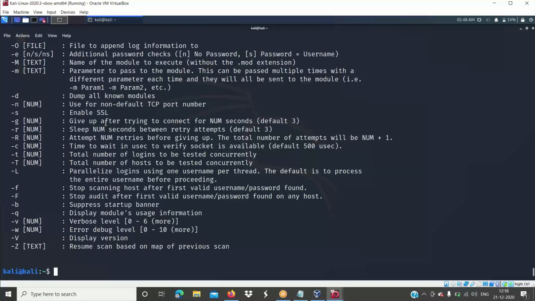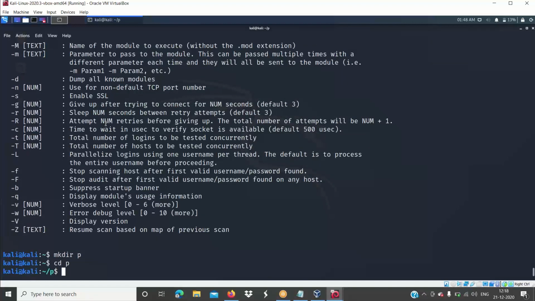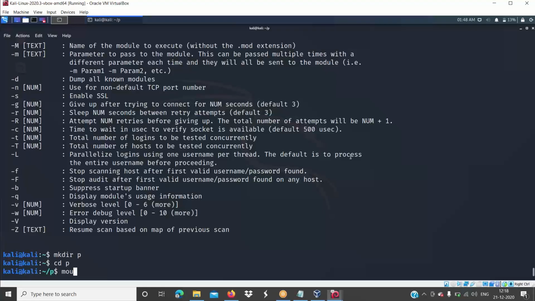Let's say I'm just creating a directory here. Make directory, let's say p. Let's go to the p. I'll be creating a word list with the help of a text editor. Very slow.